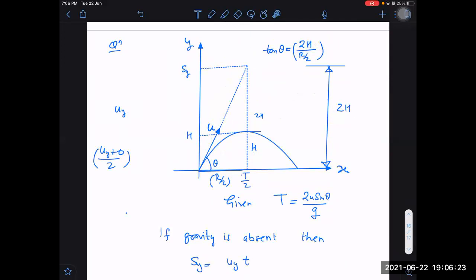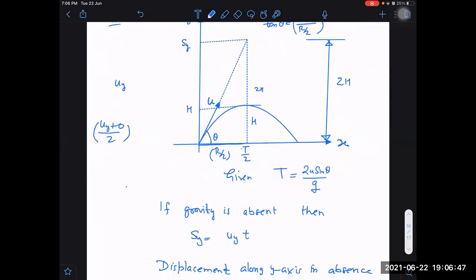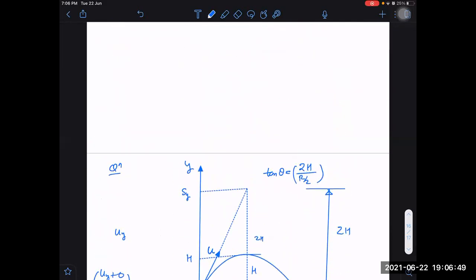I have to still derive the formula for maximum height. Okay, maximum height I think I have derived already in HUT. In HUT I have derived the maximum height formula, but I have not derived it for the range. Range is also very simple actually. We can get it easily: ux into time of flight. Time of flight I have derived in HUT, 2u sin theta by g, and ux is u cos theta. So we can get it so easily. Tan theta done.